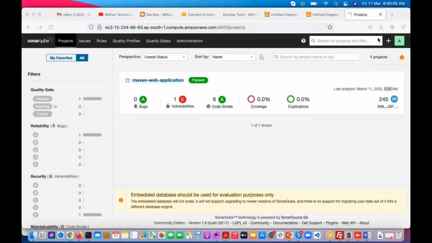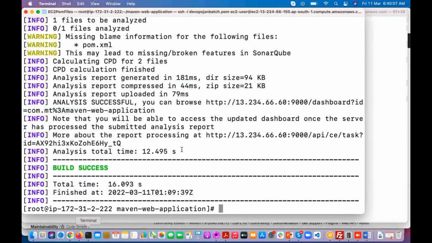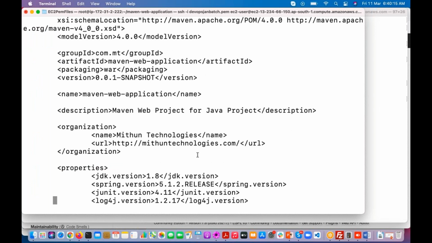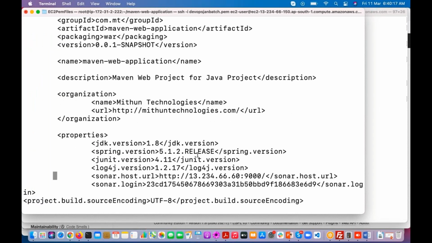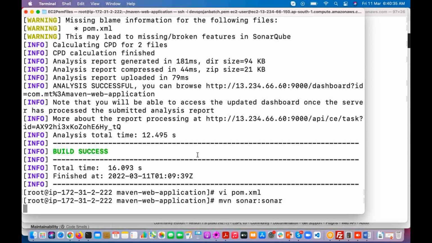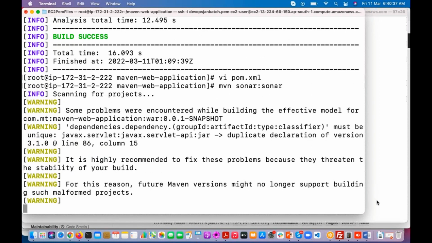Right? So now what I'm going to do, I'm going to update that pom.xml with the wrong IP address. So maybe I'm going to give that. Here, sometimes what people do, they keep that private IP address. Now, if you go and execute the sonarqube report,